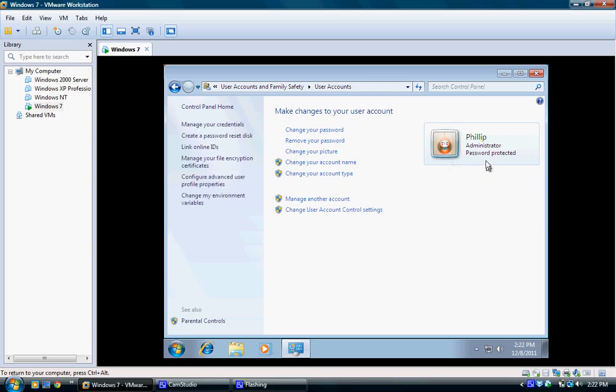Alright, so this is me. I have a little person thing as my picture. If I wanted to change that, I'd go change my picture. If I wanted to change my password or remove it completely, I'd change here or remove here. Change my account name, I would go here, and account type. So if I wanted to be just regular old Joe Blow,